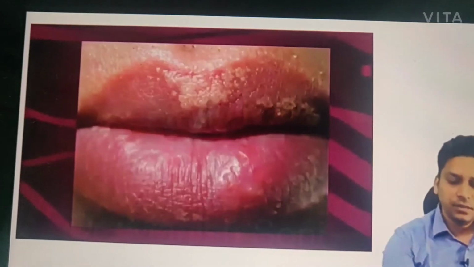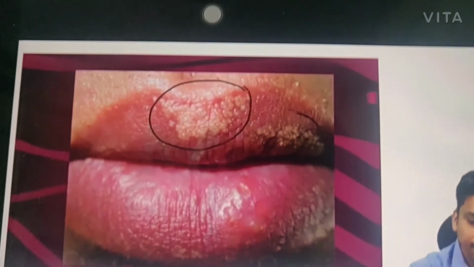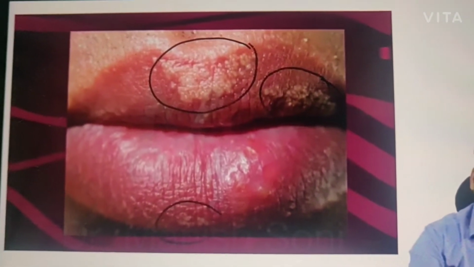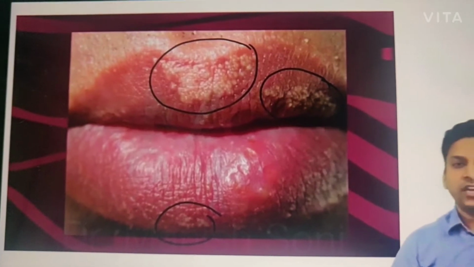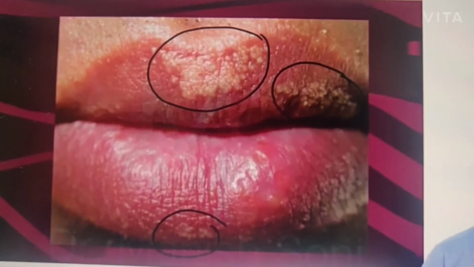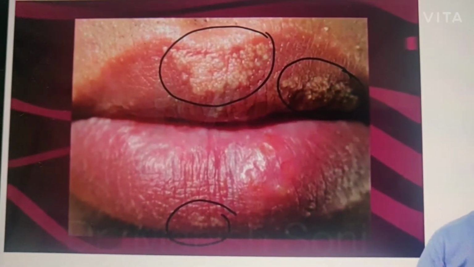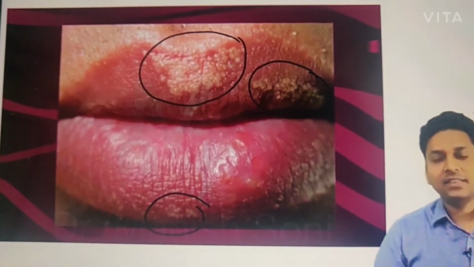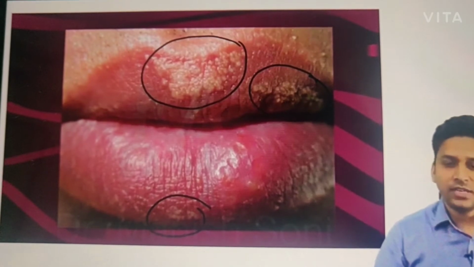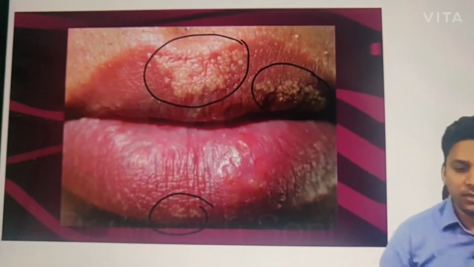Disorder of, you can see here, these ectopic sebaceous glands present over lips. These are Fordyce spots. Okay, so these are Fordyce spots. So Fordyce spots are ectopic sebaceous glands present over lips, while Fox-Fordyce, as I told you, is a disorder of apocrine sweat glands, and they are present where? Over the axilla. So Fox-Fordyce is in the axilla, while Fordyce spots are present over lips.